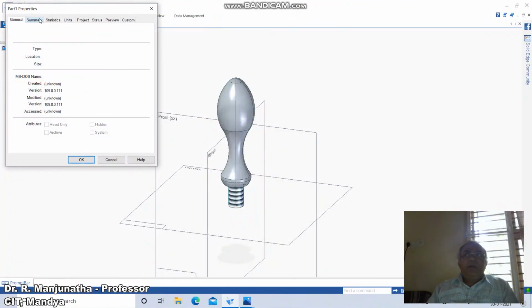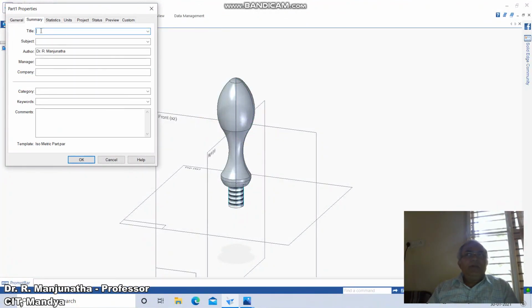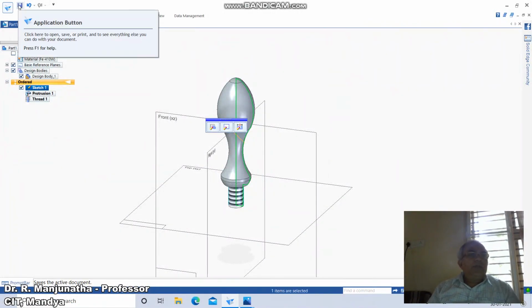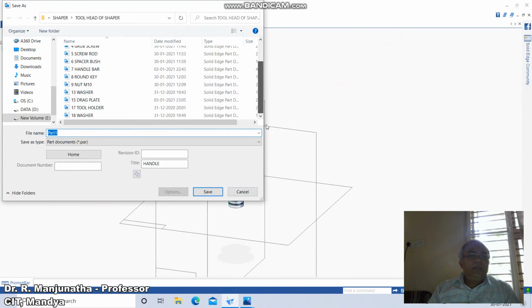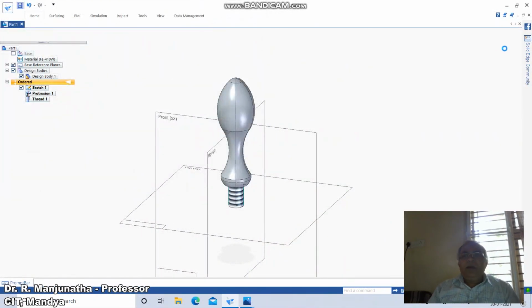So go to file properties and go to summary, and here you type handle. And then go to save. Then the part number is 10. So you take part number 10, handle, and say save this. And this is how you can create this model, and say exit.